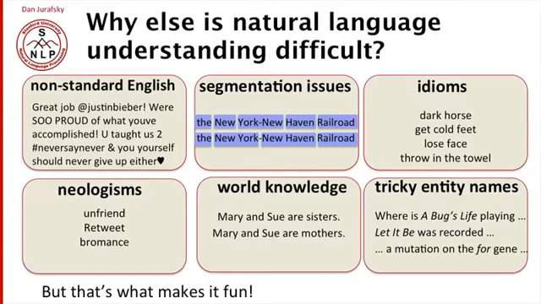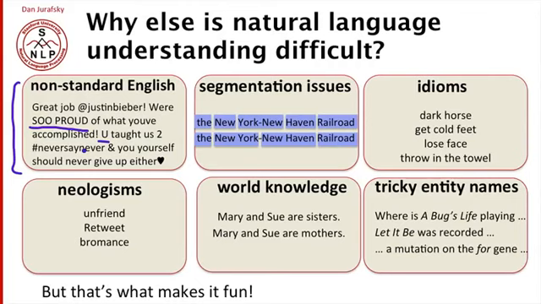A number of other things make natural language understanding difficult. One of them is the non-standard English that we frequently see in text like Twitter feeds, where we have capitalization and unusual spelling of words and hashtags and user IDs and so on. So all of our parsers and part-of-speech taggers that we're going to make use of are often trained on very clean newspaper text English, but the actual English in the wild will cause us a lot of problems.